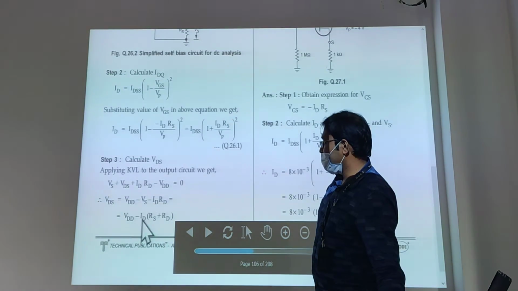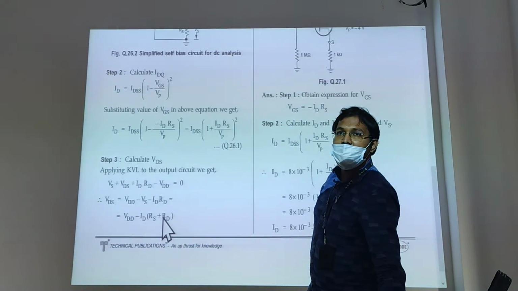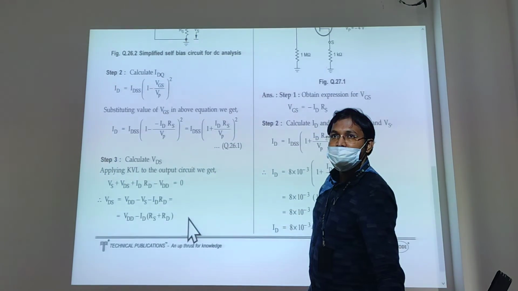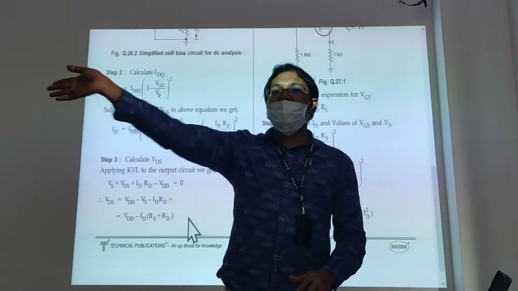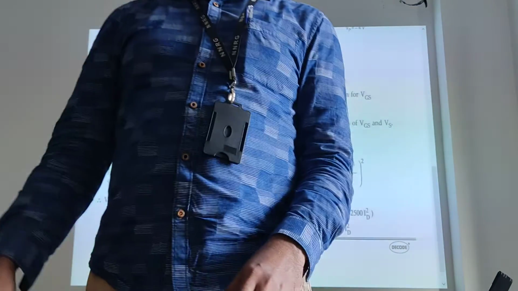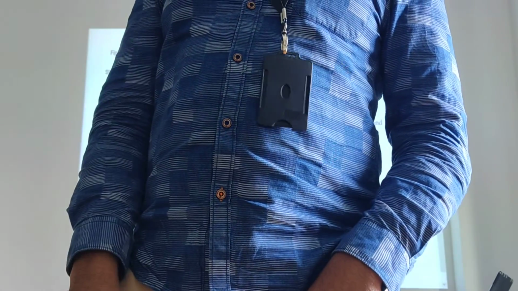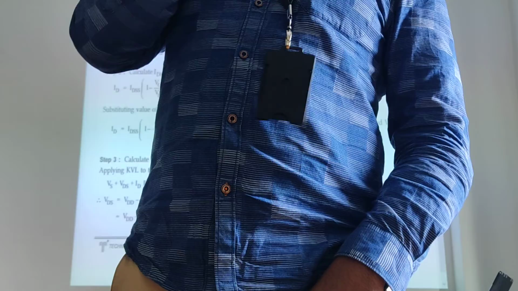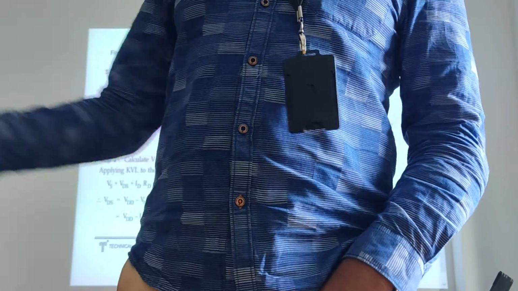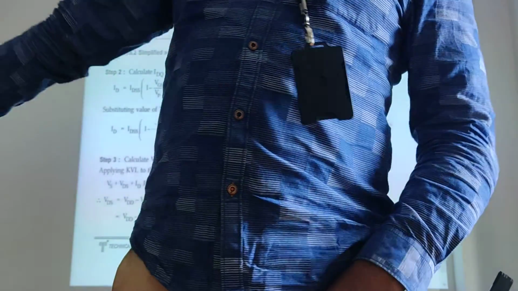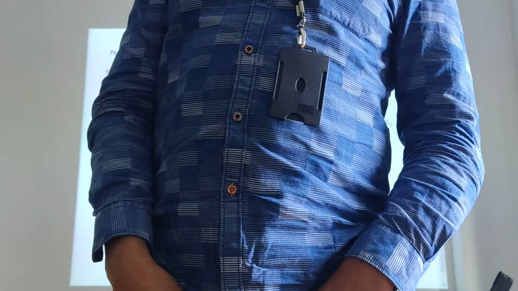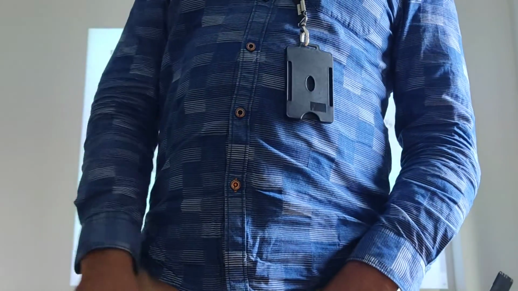Why am I telling directly? Because each author will write KVL in a different style. One time the same author again will write a different style. So to avoid that, directly I am going to the last expression. Whatever KVL you know, you write, you will get that. Clear? Any doubts with this? Raise your hand.